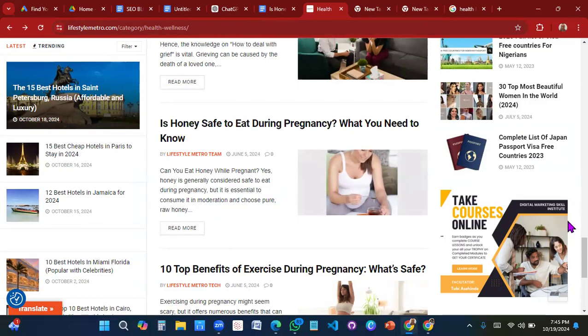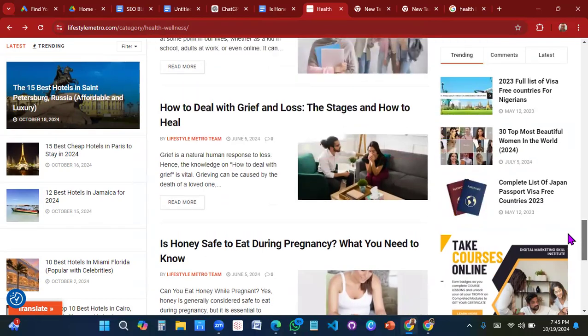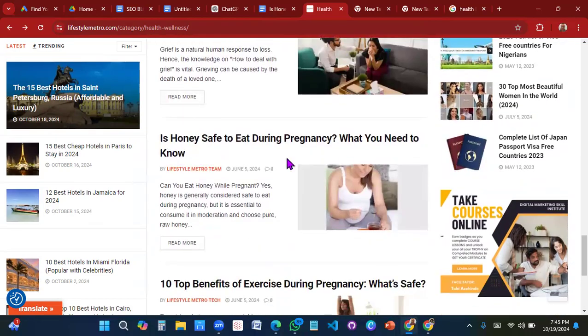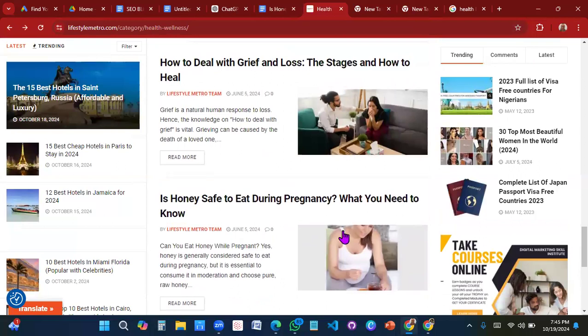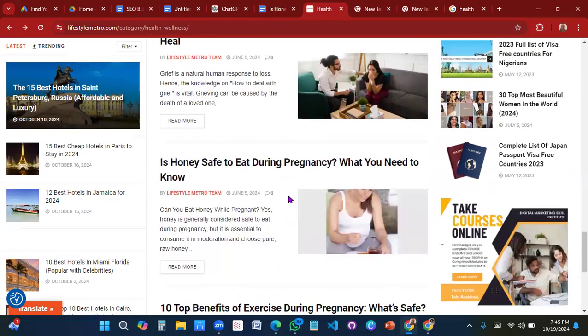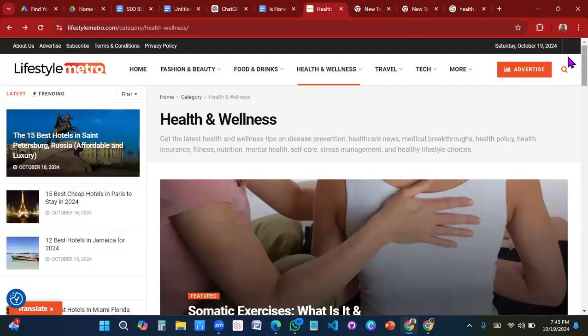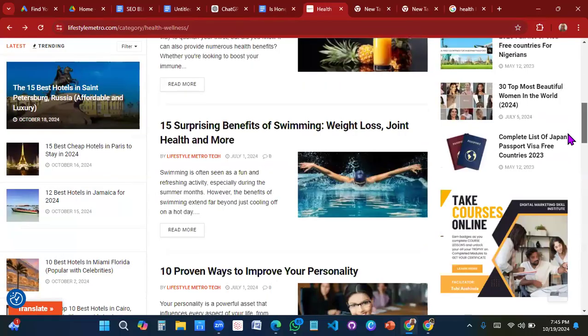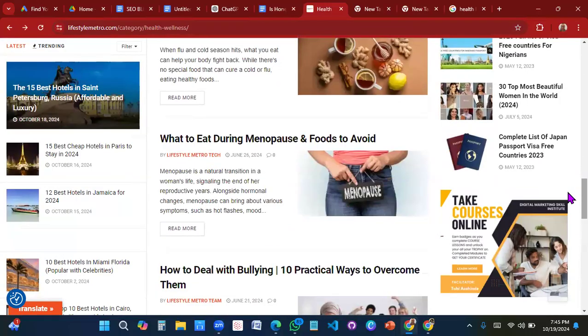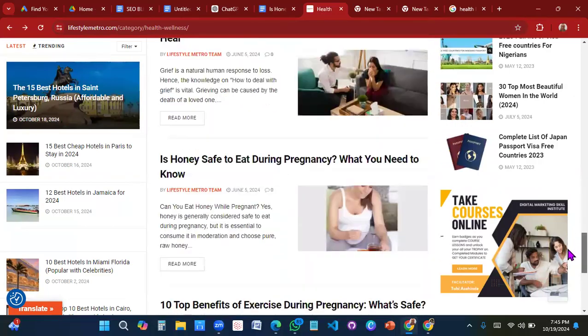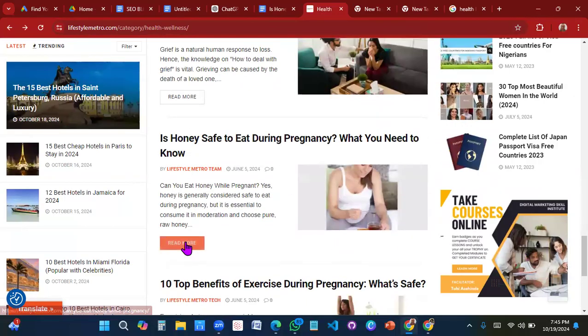That article was a ghostwrite I did for this blog, Lifestyle Metro. This is the article here. Is honey safe to eat during pregnancy? is under the health and wellness category. If you scroll down, you'll see, is honey good to eat during pregnancy? So if we click on that article,